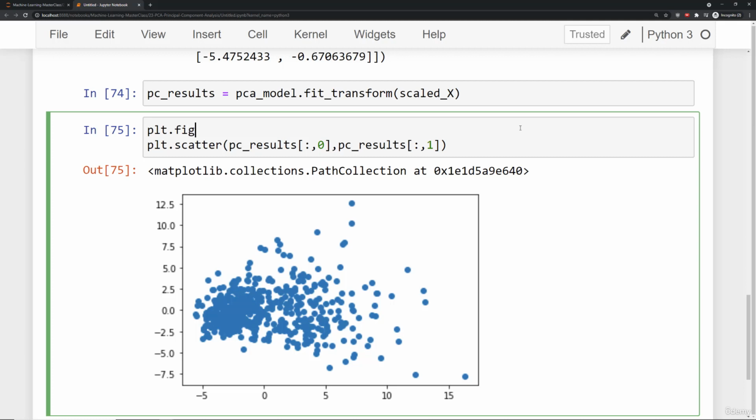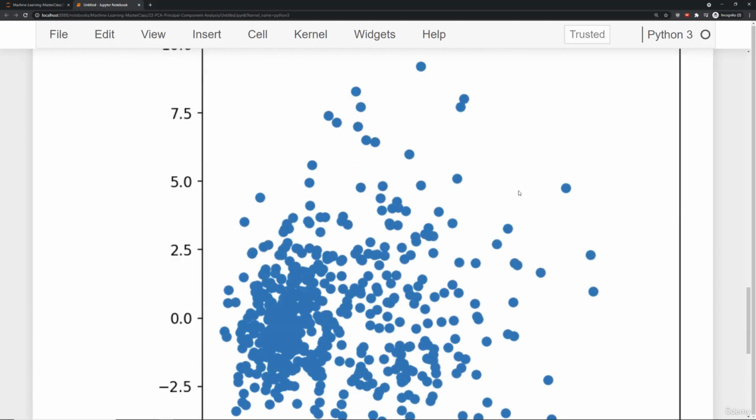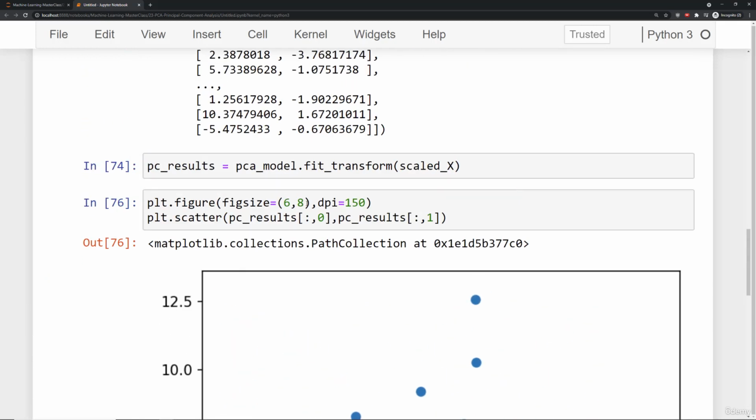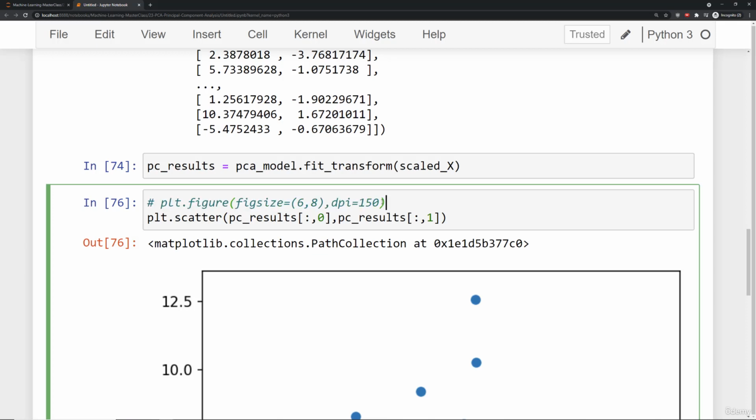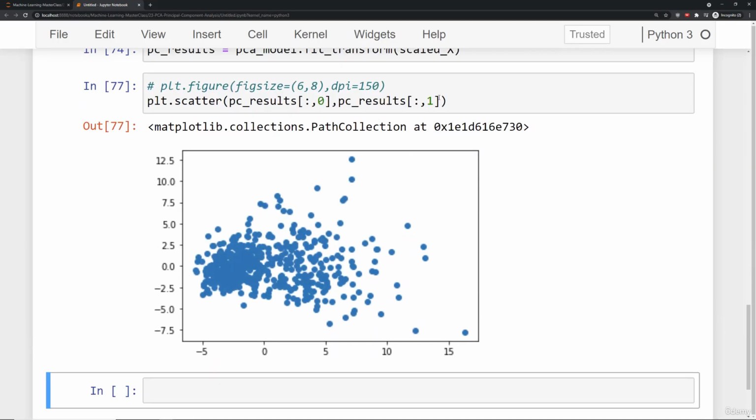So we can say plt.figure, set figsize equal to what we had before, which was something like, I think 6 by 8, a little higher DPI for results looking nice, and we can see it looks good here. 6 by 8 was maybe too large. But the other thing I want to point out is we should see the same separation if I were to say